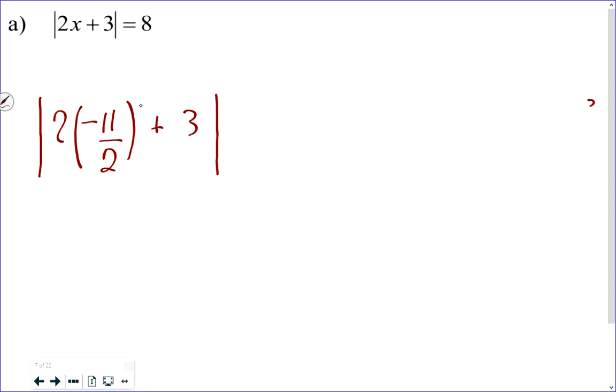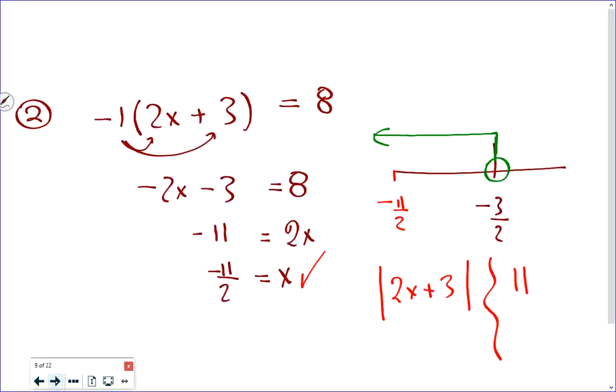When I multiply 2 times -11 over 2, I get -11. So what I have residing in the absolute value sign on the left-hand side right now is -11 plus 3. And -11 plus 3 is -8. So I have -8 inside of the absolute value sign. And I can see by you nodding, you get the point now. I think maybe I might have caused some confusion